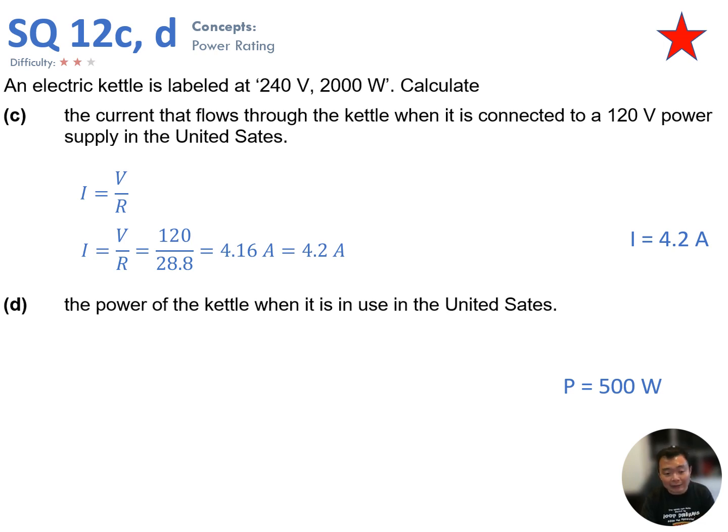And in part D, using this value of current, you can use P equals IV to determine the power of the kettle when it's used in United States. So you get 500 watts in part D. Again, notice that